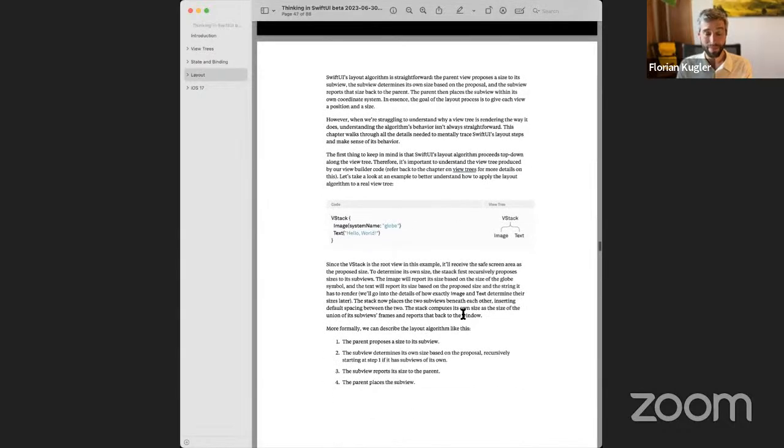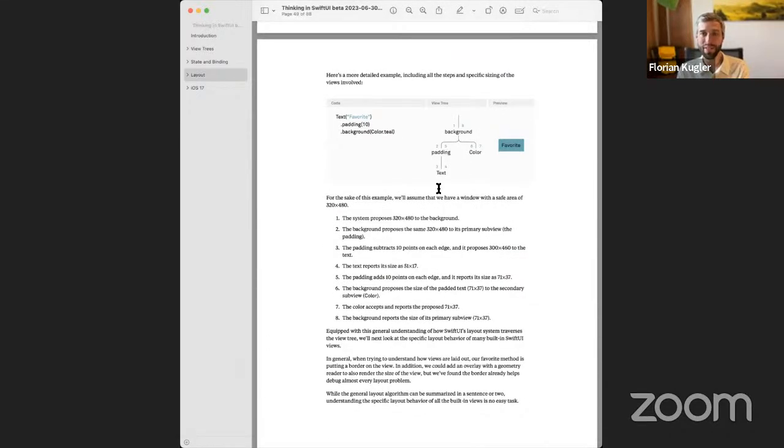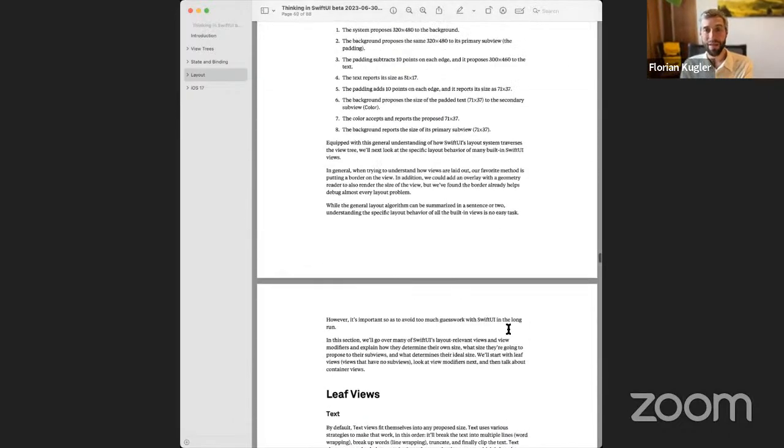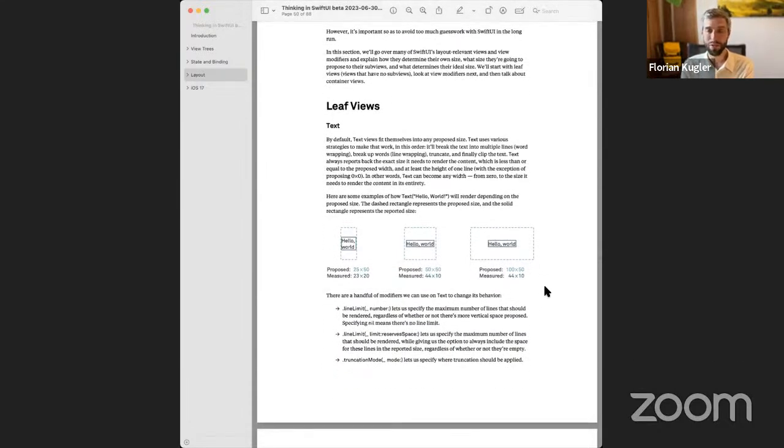It's a long chapter, and in a way, it's a boring chapter, right? At least for editing it was after a while quite boring. In the beginning we describe the algorithm. We have these diagrams that go through all the steps that the layout algorithm takes, so that you can really trace that for yourself to understand what's happening. That's the first section, but then the rest of the section explains the layout behavior of most of the individual views that you'll use in SwiftUI, because you need